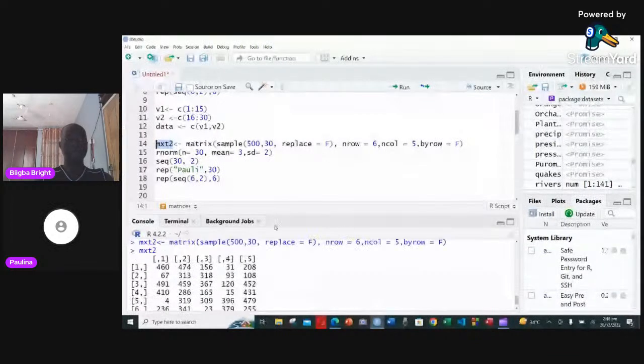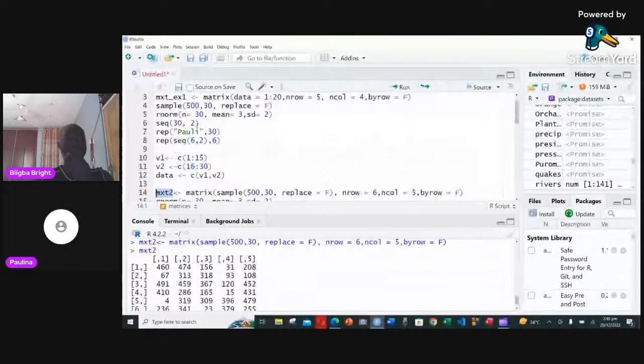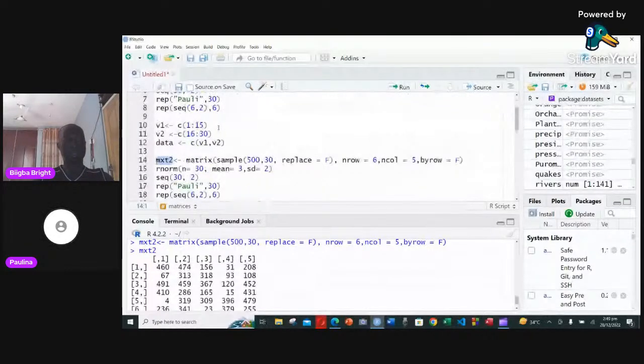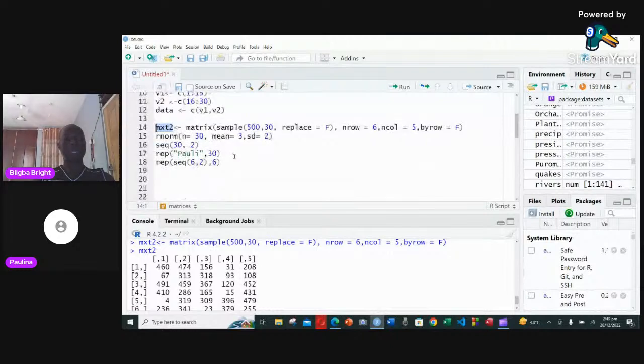Okay. I used the data that we created, which was N of 30. So first I wrote matrix, then I brought data equals to that variable, n row 6, n column 5, byrow false. Okay. All right. So then in that case, what if I want you to create